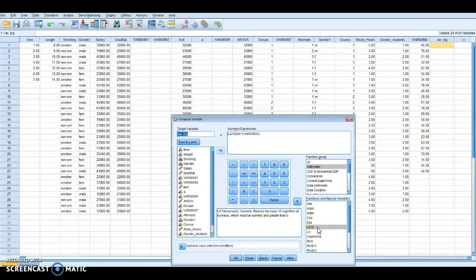Now we can't just do the log 10 because we've got a negative skew and it won't work with that. We have to do a reflection, which is where this part in the parentheses or brackets comes in. So we've got log 10, then we put in the maximum value from the earlier test we did through our Explore, plus 1 minus the set of variables that we are interested in transforming. Okay, so that's all there. So if I now click OK,